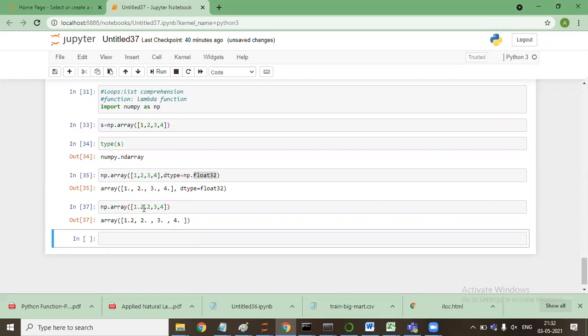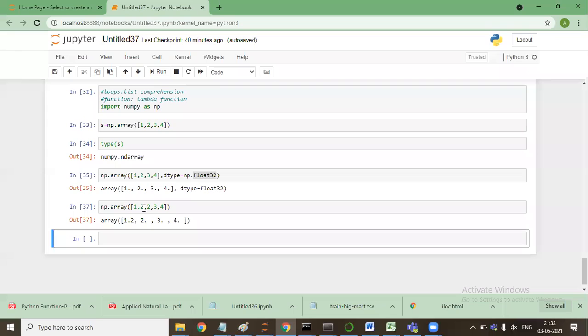So one point is that the location is a constraint. And second, with the help of this, it makes the memory efficient. And we can also perform element-wise operations here.